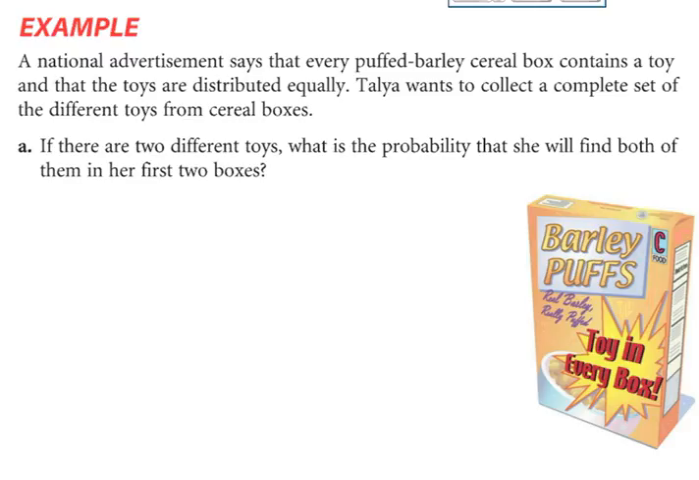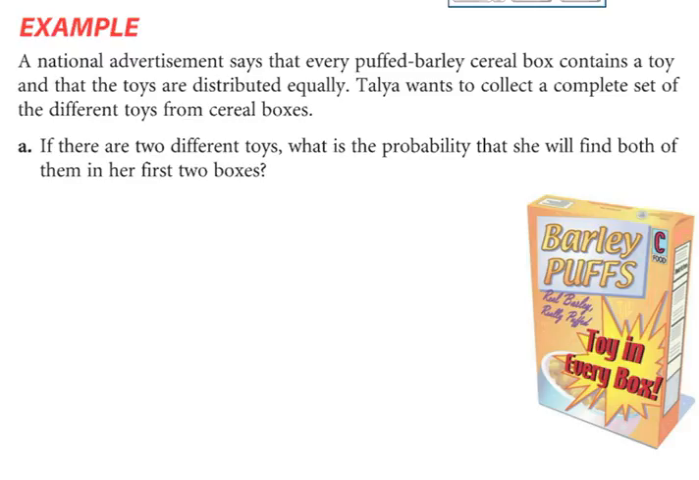It says a national advertisement says that every puffed barley cereal box contains a toy, and that the toys are distributed equally. Talia wants to collect a complete set of the different toys from cereal boxes. If there are two different toys, what is the probability that she will find both of them in her first two boxes? Okay, so we're going to use a tree diagram to set up what's going on here, to find out how many different outcomes there can be, and then ultimately find the probability of getting both toys in the